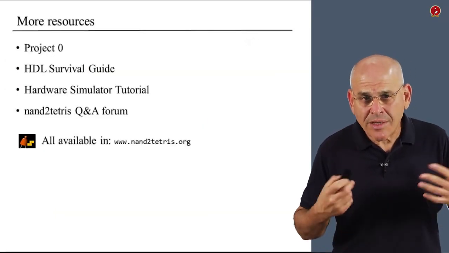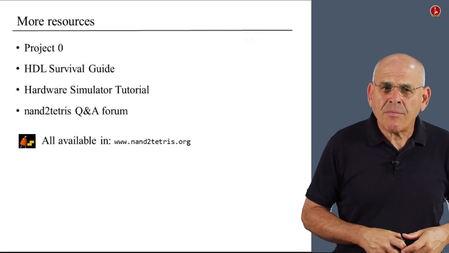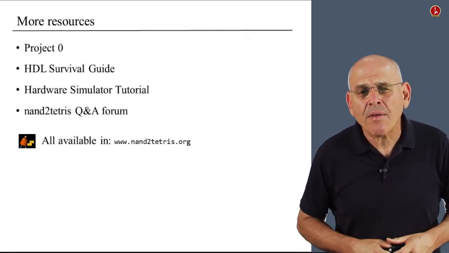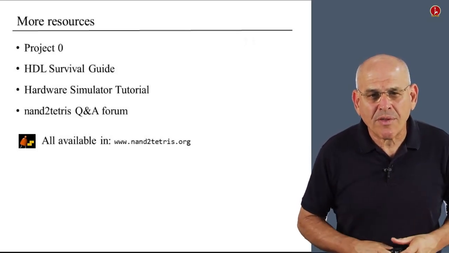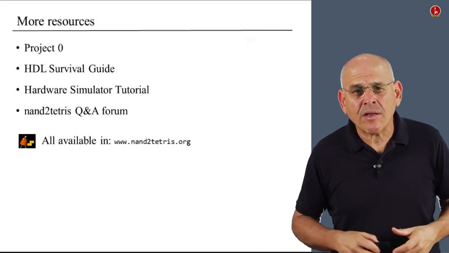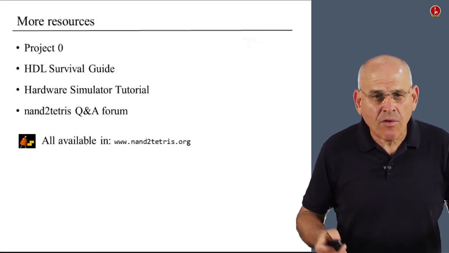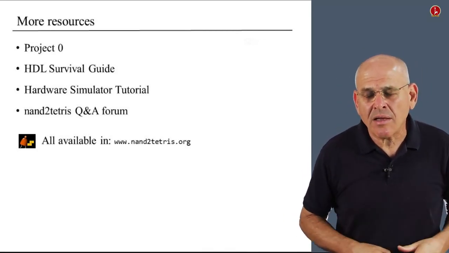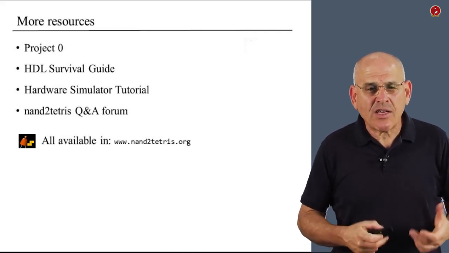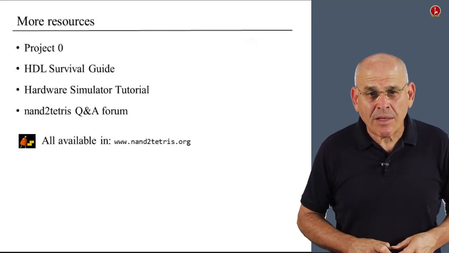If you need some additional resources, you can look at what we did in the first week, just to sort of get you warmed up for this project. There is the HDL Survival Guide, tutorial, and the Q&A forum. You can consult with any of these resources in order to gain some confidence and actually go out and build